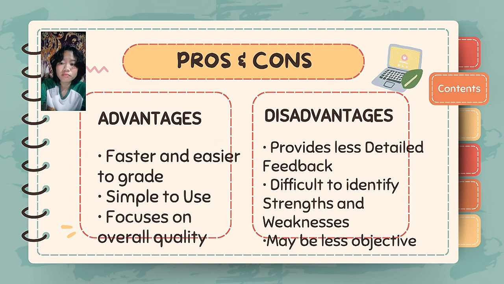So, let's say, for example, if a student receives score 2, they may not know if the problem is the grammar or the organization or the ideas, the presentation. So that is the problem or the disadvantage of holistic rubric. It does not provide detailed feedback. Okay? And now the second one is